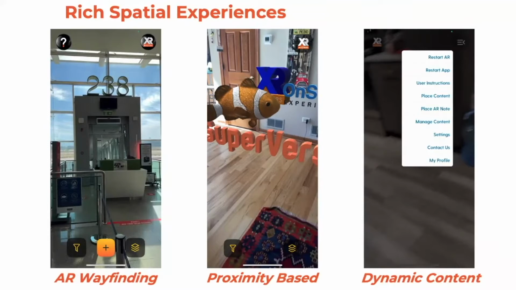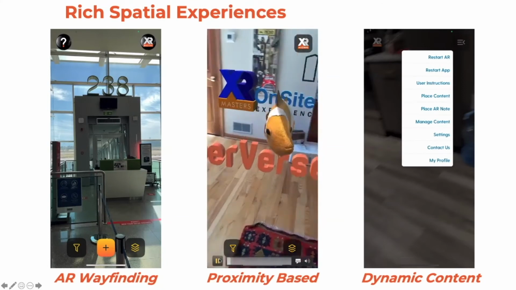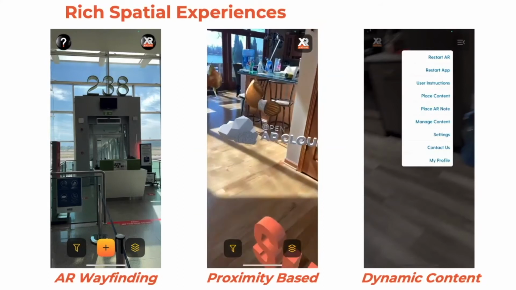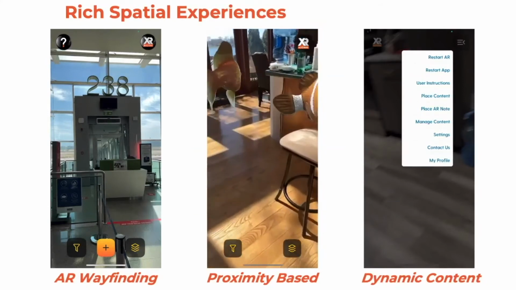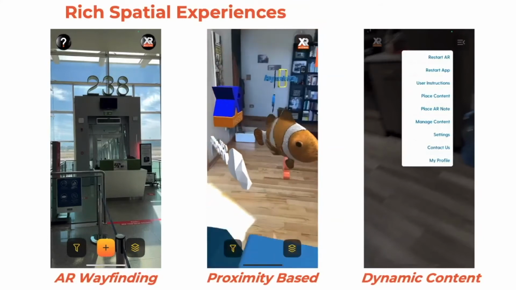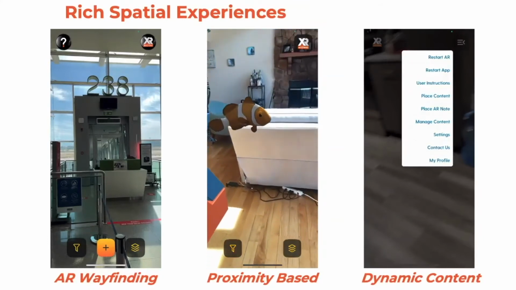The second video is actually a very striking one, as it shows how user experience will change in the new spatial web era, where AR content can perceive and feel things and their surroundings and act accordingly. On the second video, the clownfish senses where the user is and runs away from the user as he or she gets closer to it. This is one way of showing how AR content will perceive its surroundings. We can call this proximity-based content activation.